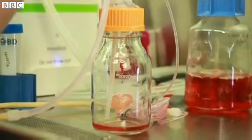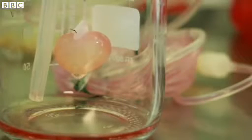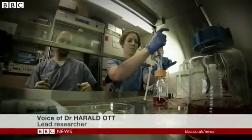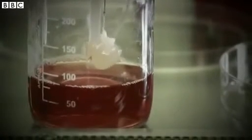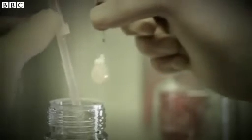It didn't work very well, but the kidney did filter the animal's blood and produce urine. The point here is really to show a proof of principle that this technology can be used to regenerate functional kidney tissue. If you're a patient on hemodialysis, kidney function of 10 to 15% would already make you independent from